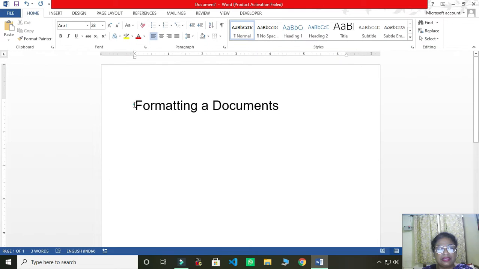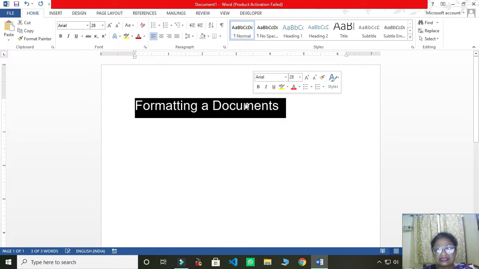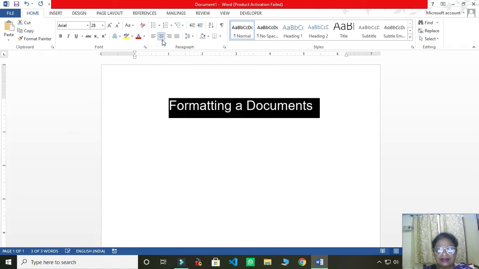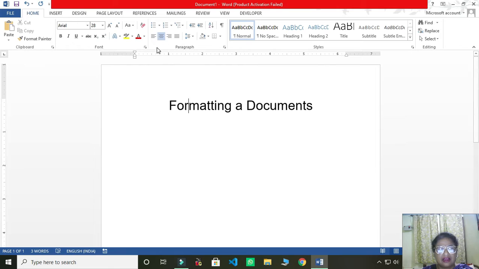So what should I do? First I will select this text, then I will go to Home tab, paragraph group, and then I will choose center align.